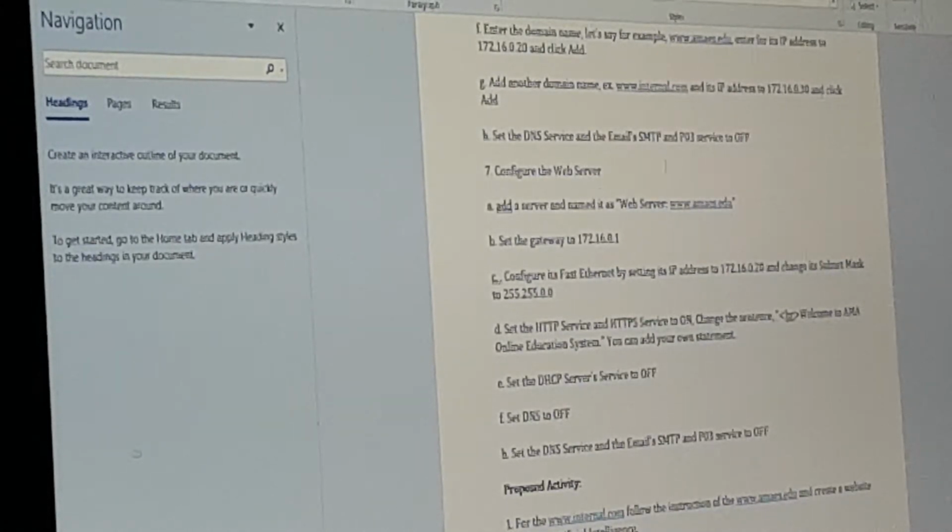configure the web server. So we need to configure the other server, 7. Number 7 is configure the web server and add a server and name it as web server www.ama.is.edu.